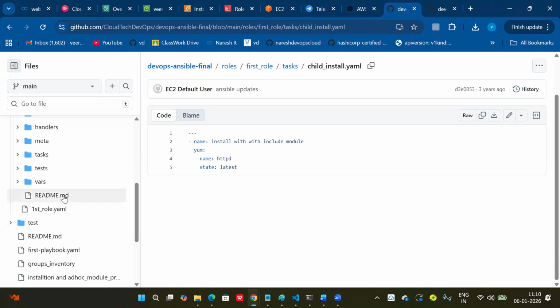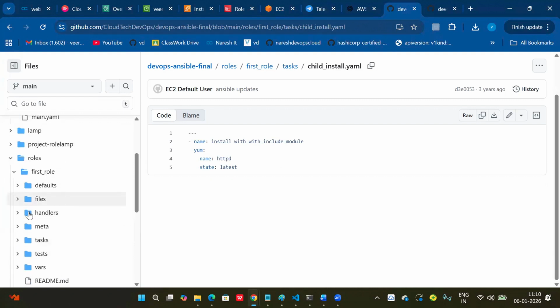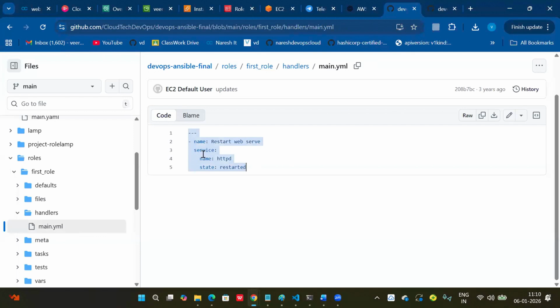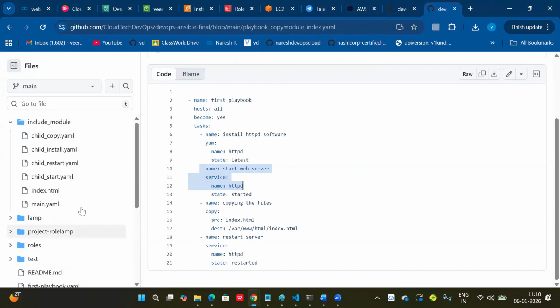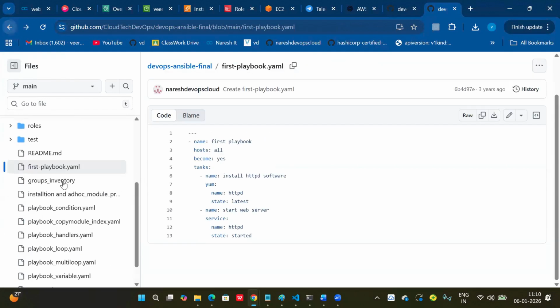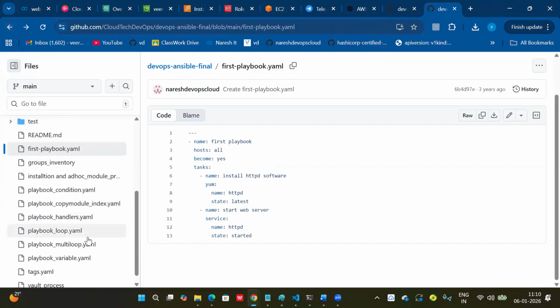Next, variables. If you want to add variables also, we can add them. And coming to the handler section, you can see I'm adding restart into the handler section. So a handler is there separately, right? Earlier, we added the handler in the same YAML file. Now there's no need to add it in the same section.